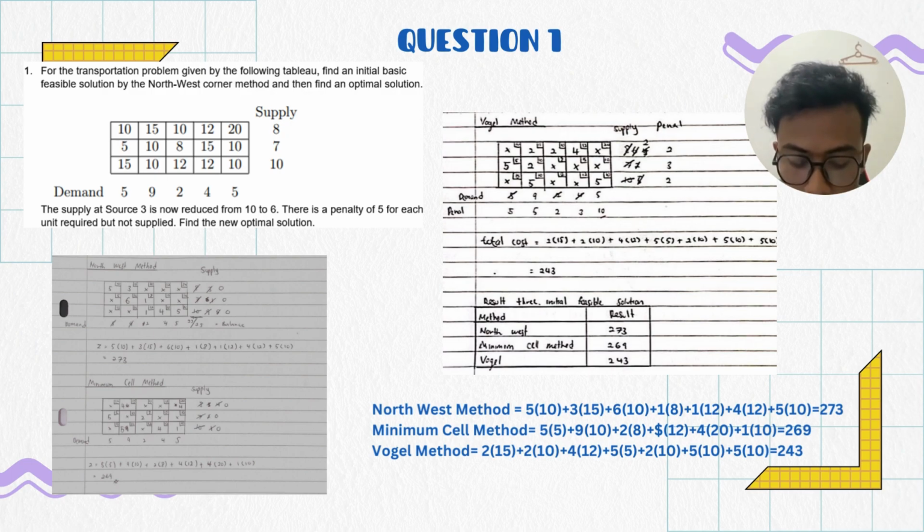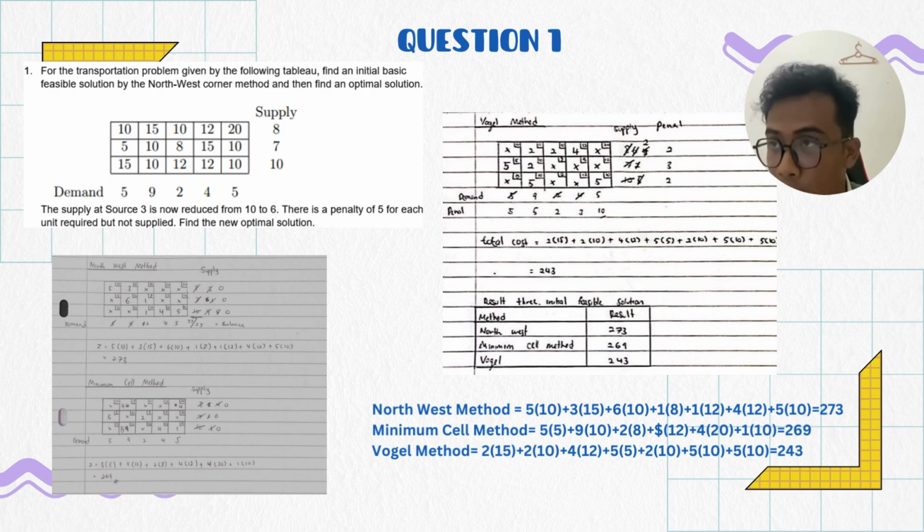After that, the last demand is 5. The supply of the rest of the third supply is 5. And then I got 5. And then the total I got is